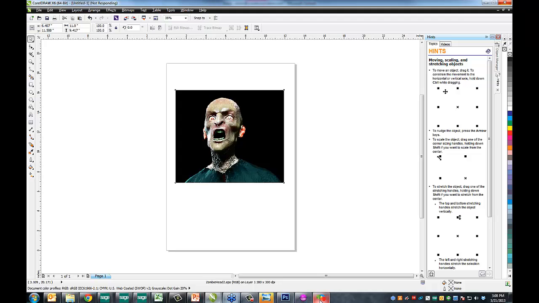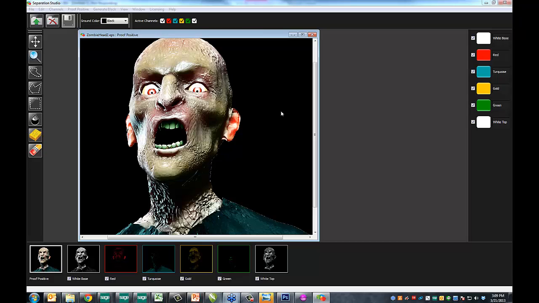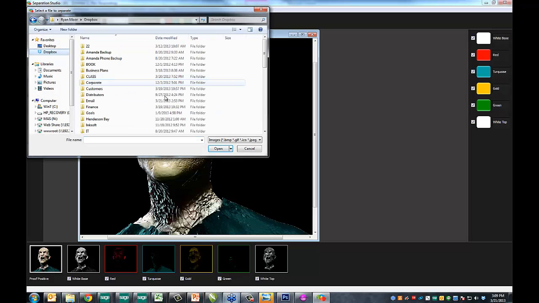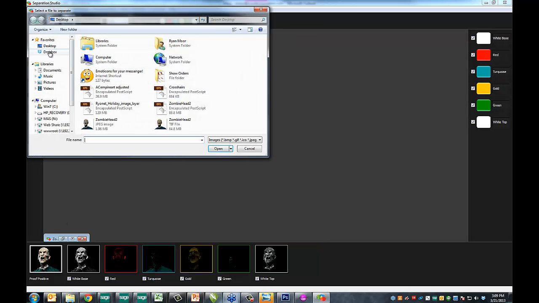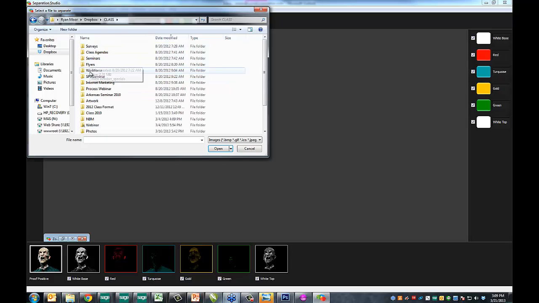Now, an example of something that's not handled in vector. If we open another image up, here's an image that we recently printed, and we printed this in raster. So if we go to open, spot process,